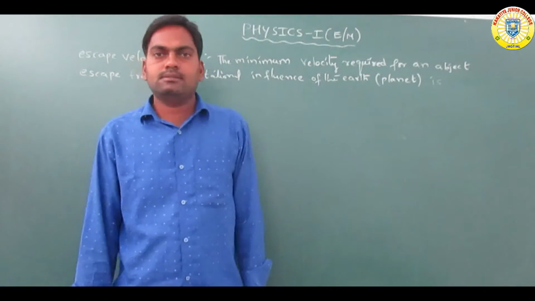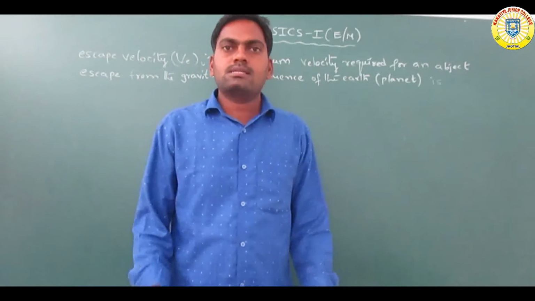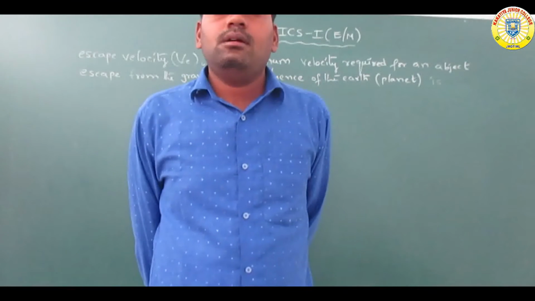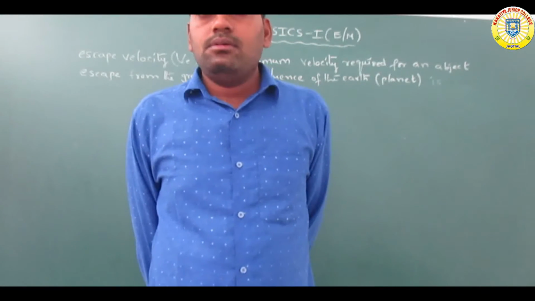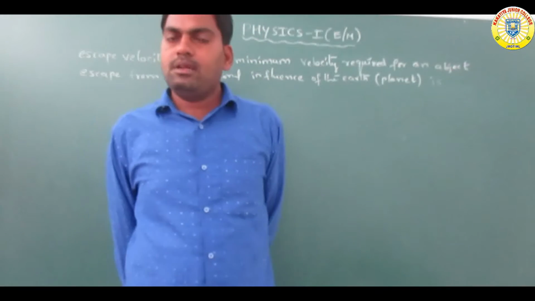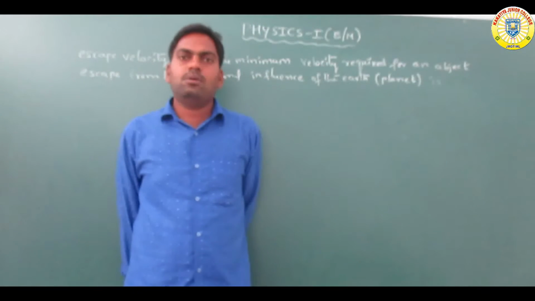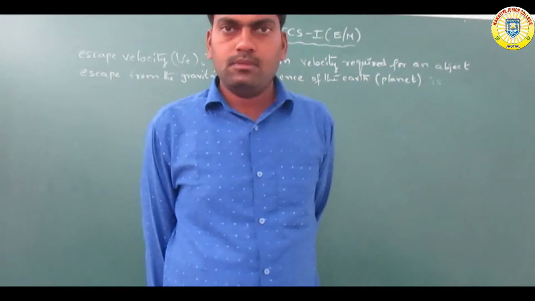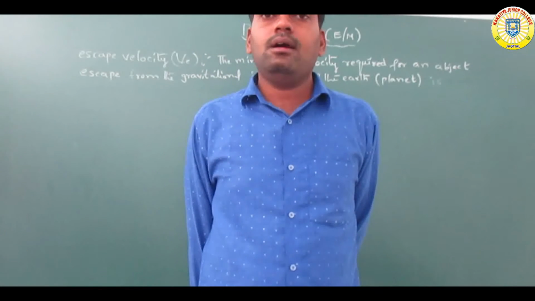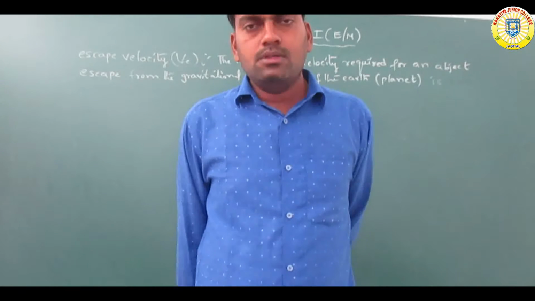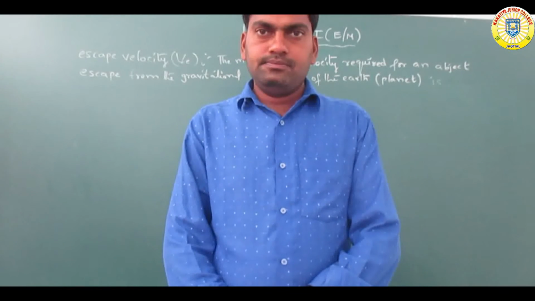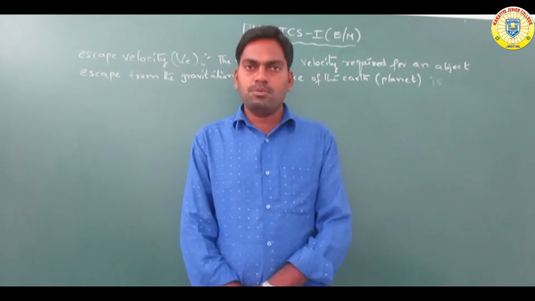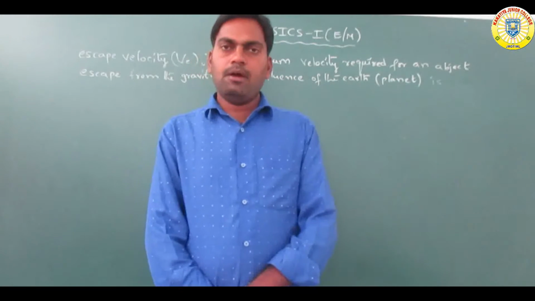Okay, good morning students. Last class we discussed what orbital velocity is. Write the expression for orbital velocity: V naught is equal to under root of GM by R plus H. In the last class we also solved two problems on the force between two bodies.